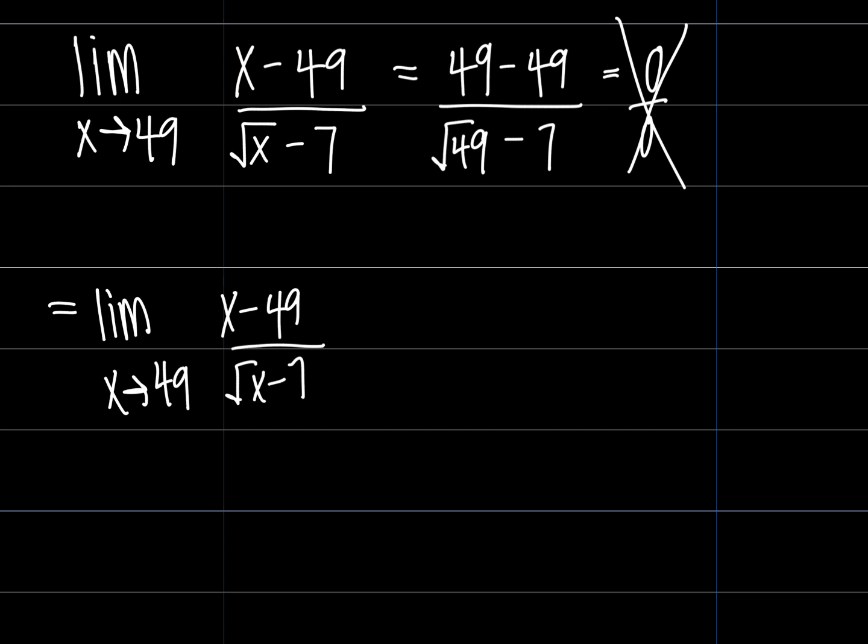Now, a lot of times, the different thing that I like to try is to maybe factor the original somehow, but what we have here doesn't factor. But do you notice how this denominator has this square root of x minus 7? What I can do instead of factoring, I can multiply the numerator and the denominator by the conjugate of the